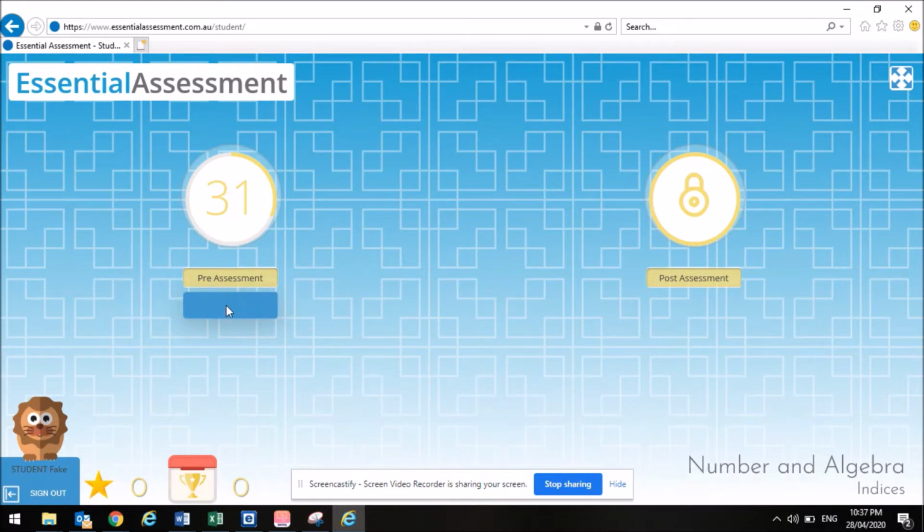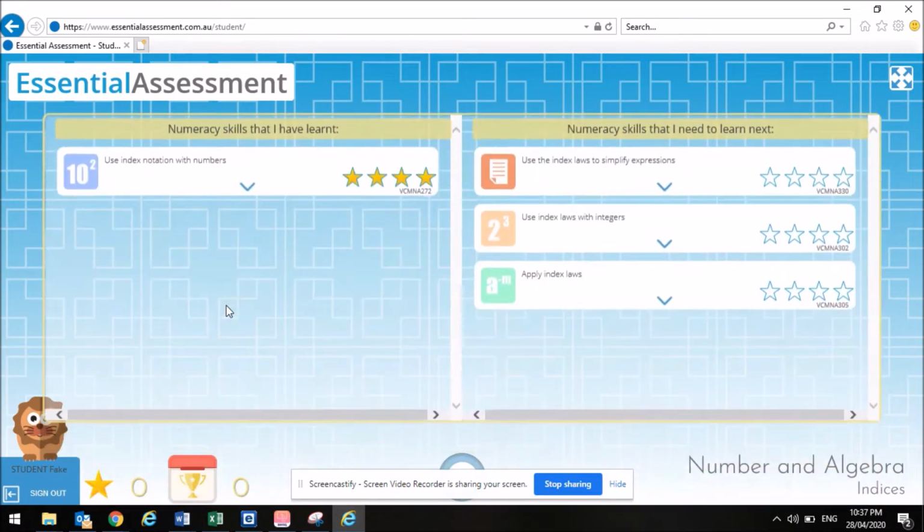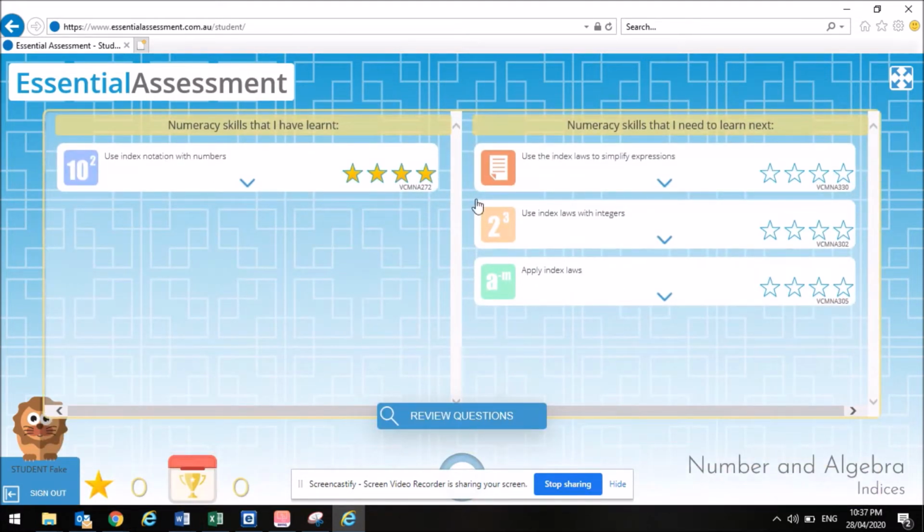The quick and easy one is to click on that review button, and it'll show you this is what I did know, and this is what I didn't know. On the ones that you now need to learn, they have little codes beside them, and those codes are important. So I'll just take note of one of those codes, and it's 330. Okay, so if I go back,